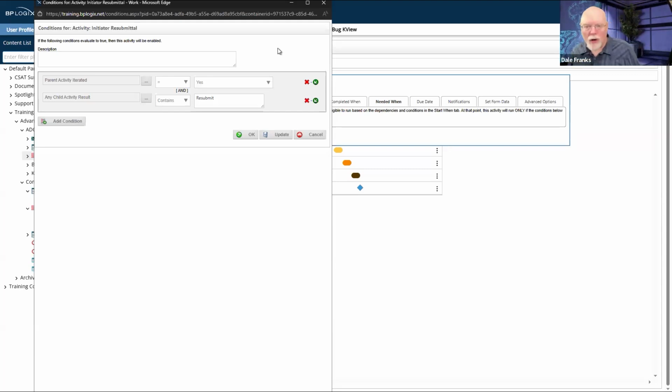Anytime that you are going to restart a loop and you're going to base whether an activity runs on whether the loop restarts or not, your best practice is to make the activity needed when condition as specific as necessary to accomplish what you want to do.